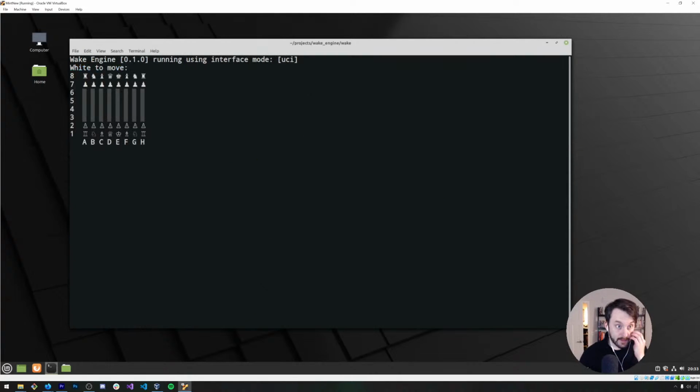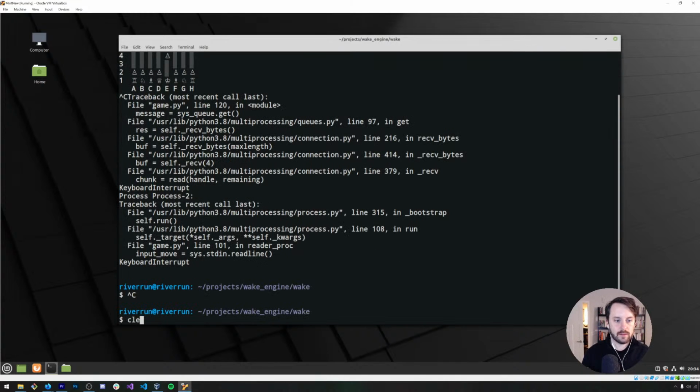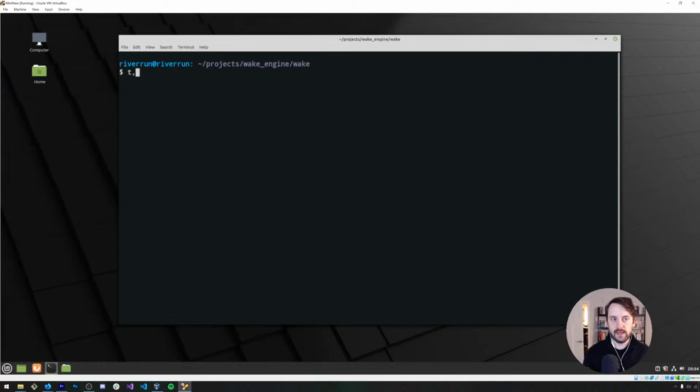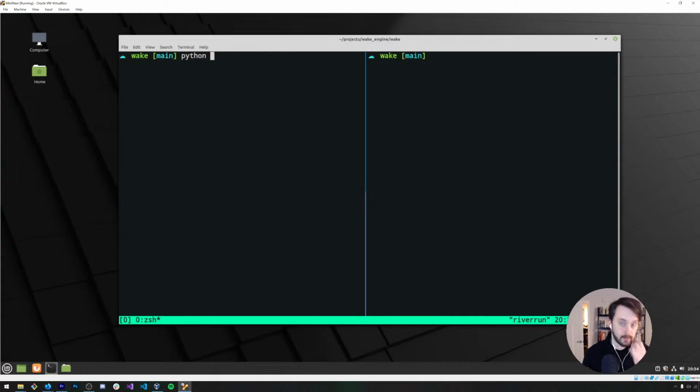Nice. Okay, finally we're back in action. So E2, E4, E7, E5. Okay, let's see if I can actually get the engine to print out the moves it can find. I do have move generation, so what we'll do is we will run Python.